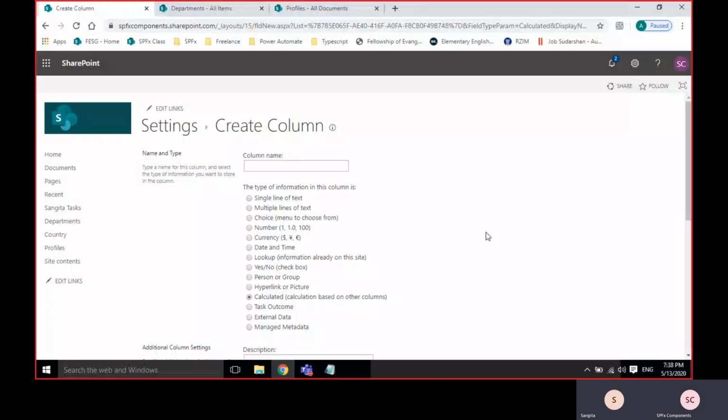We are working on 2013, and that's why I just made it classic. The latest one, online 2019, was the modern experience. In 2013, by default, you get only the classic experience, and 2010 and 2013 have no difference.